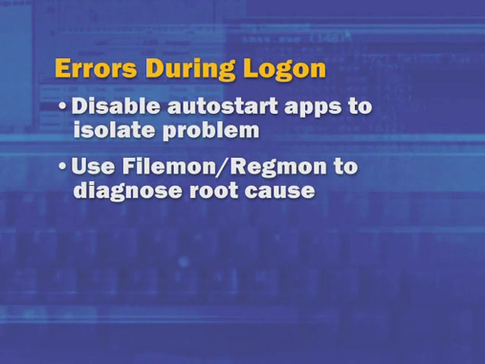However, if you're still having errors that are not explainable by simply inspecting the AutoStart locations, you may want to engage another pair of Sysinternals tools that are considered the Swiss Army knives for application troubleshooting, and that's FileMon and Regmon. FileMon and Regmon are tracing tools, FileMon tracing file I/O, Regmon tracing registry accesses, and in many, many cases, it's either file misconfiguration or missing files or registry data that's missing or misconfigured that is the root cause for strange error messages or failures in any application, including ones that may be started during the logon process.